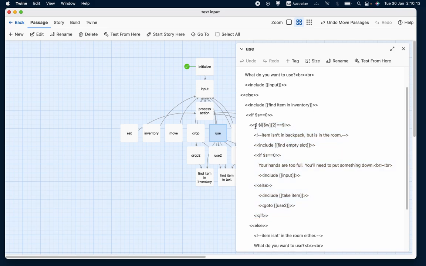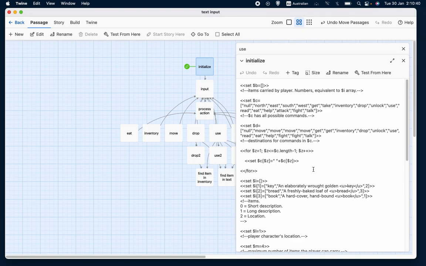The first thing we're going to say is, is $I[$W][2] equal to, which is the two equal signs, $L. Now, $L is the player character's current location, and $I[something][2] is referring to this